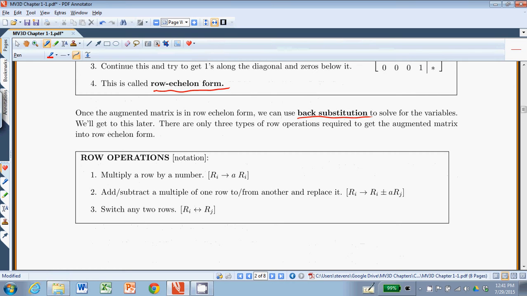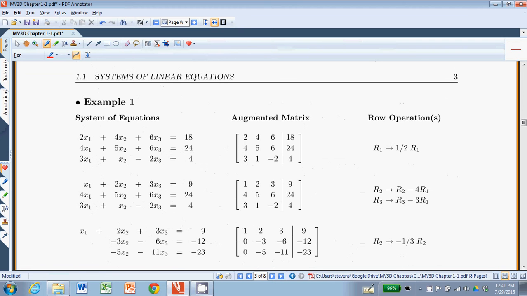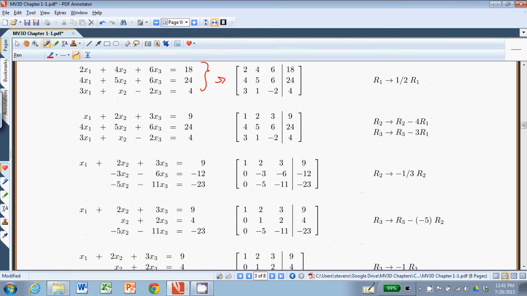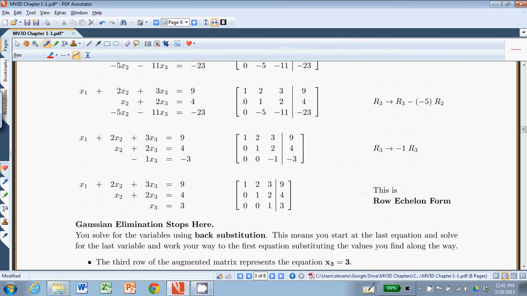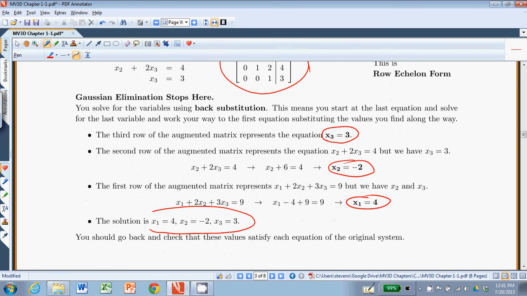Then we went on to do an example. We started with our system, converted to augmented matrix, did some row operations, worked our way down until we got row echelon form. Then we did back substitution. The last equation gave us x3. The second equation then gave us x2. And the first equation gave us x1. We found a nice, unique solution. And we were able to check that this was indeed a solution, meaning those values for x1, x2, and x3